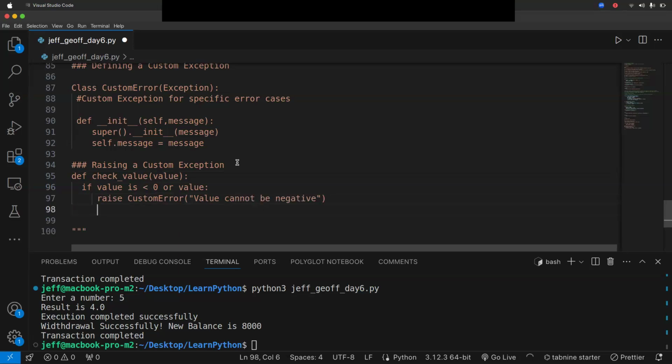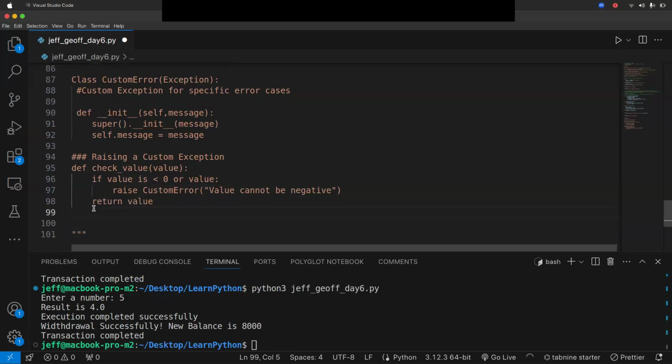That's the error message that you want. Then you need to return. Make sure the return is in the same line with the if, the return value.